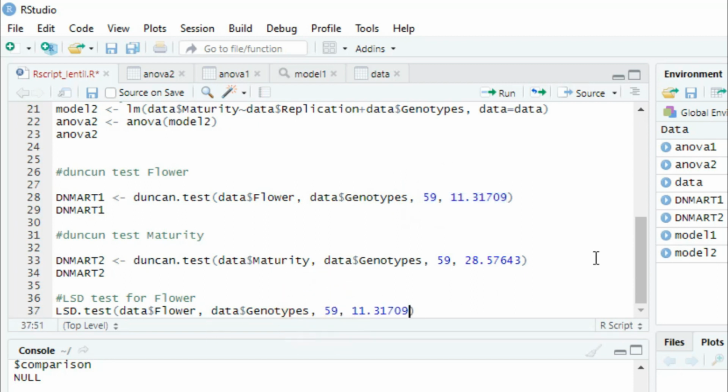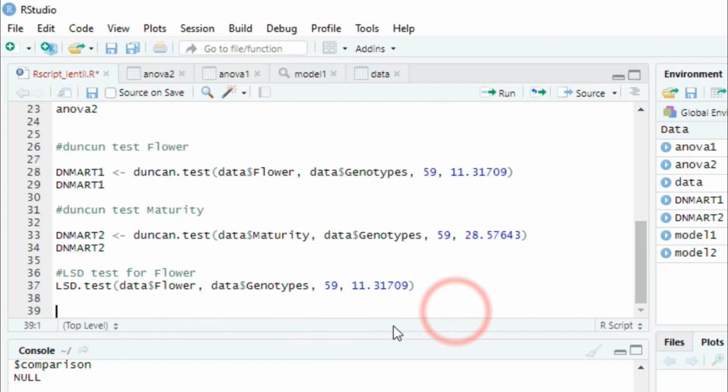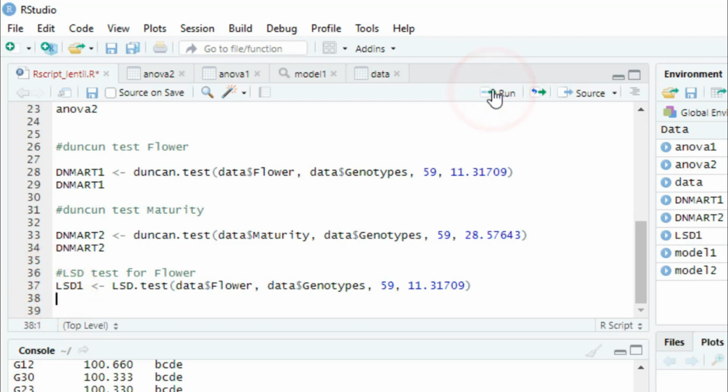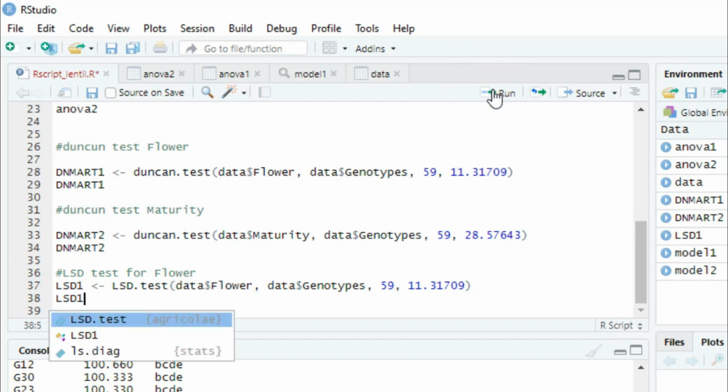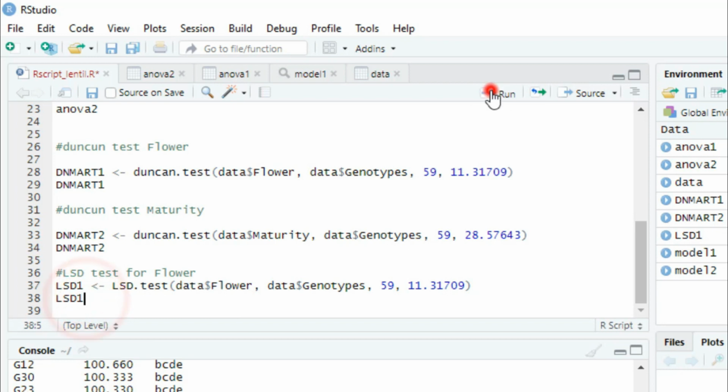It is the LSD test for flower. Now we can store it as LSD1 for flower. So we run here and write LSD1. So we can run.